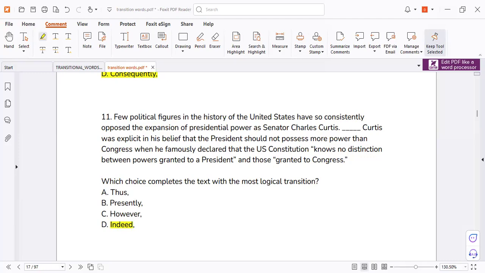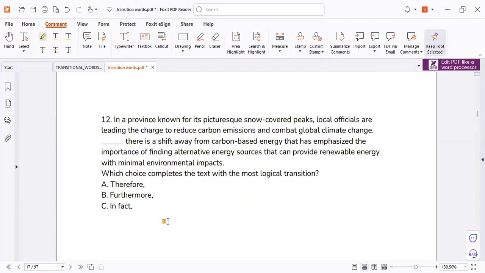Senator Curtis opposed the expansion of presidential powers. Yes or no? Opposed. Yes. Look for the next. What did he do? Curtis was explicit in his belief that the president should not possess more power. It's like proving it. This means no contrast. Thus, not cause and effect. Not because he opposed, he did that. No, we support it. Give me evidence. Did he believe or not? The expression was expressed in his belief to prove it. It was should not possess. So it is correct. Right? So again,